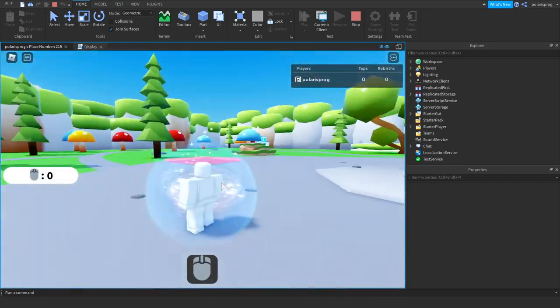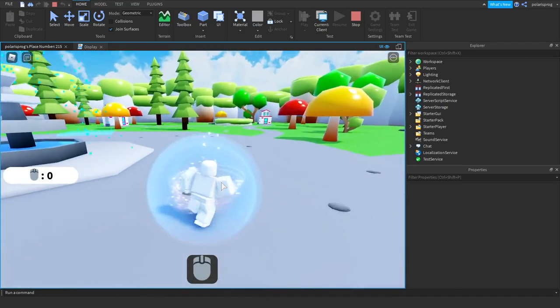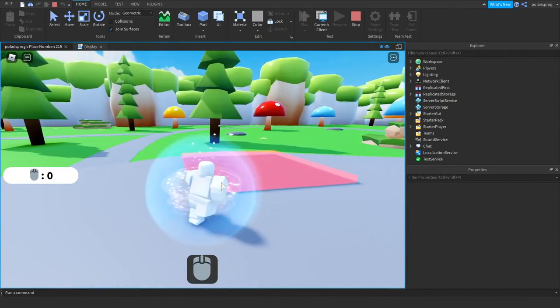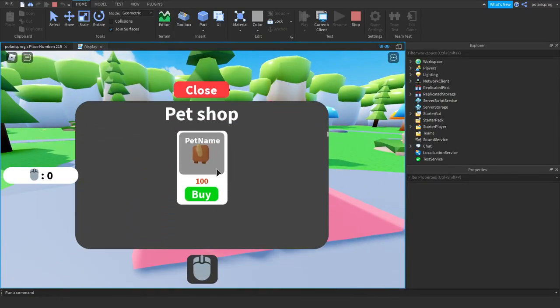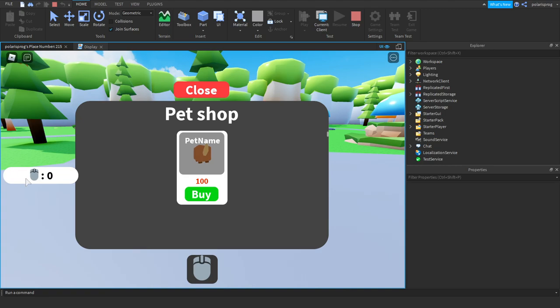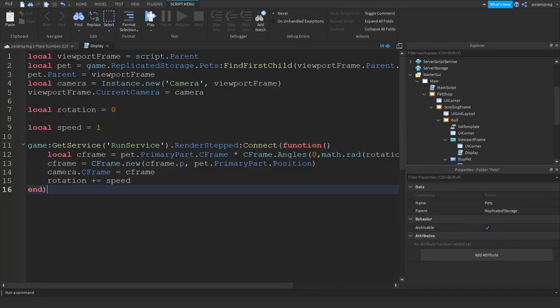Let's play the game. Open up the pet shop. I think it's this one. Yeah, and as you can see, it displays the pet, and also I gotta make this smaller. And let me show you how cool this is. So if you change the speed to